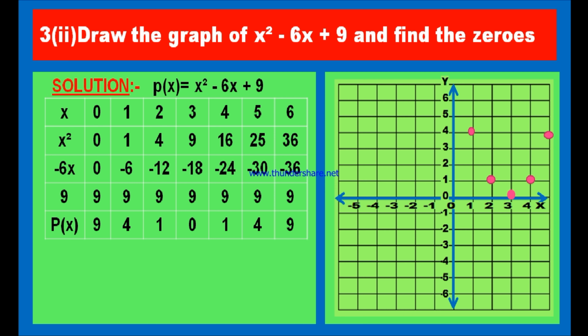I shall draw again. You observe. Like this you can draw the curve. This curve meets x-axis at this point. At how many points does this curve meet x-axis? At only one point you can find. Therefore, the number of zeros of the given polynomial is 1. And what is the value of the zero? At what x value does this curve cut x-axis? At x is equal to 3. Therefore, the zero of this given quadratic polynomial is x is equal to 3. Since this curve meets x-axis at 3, x is equal to 3 is the zero of this polynomial.